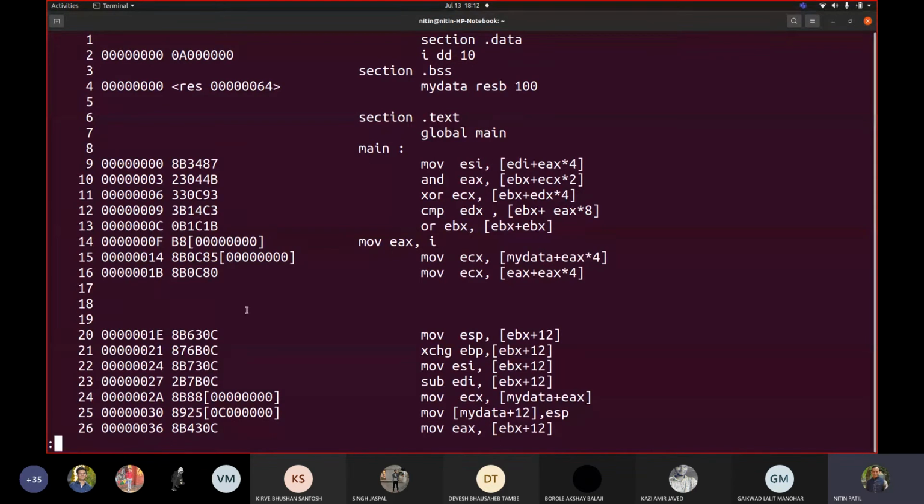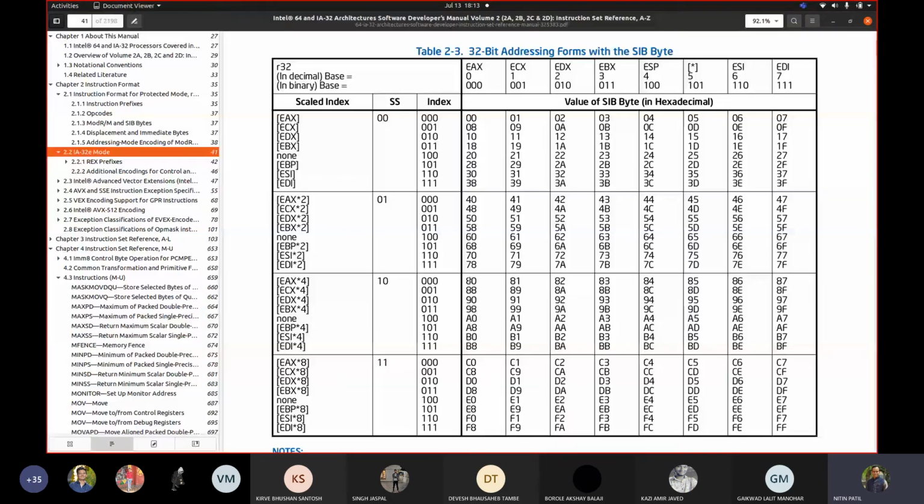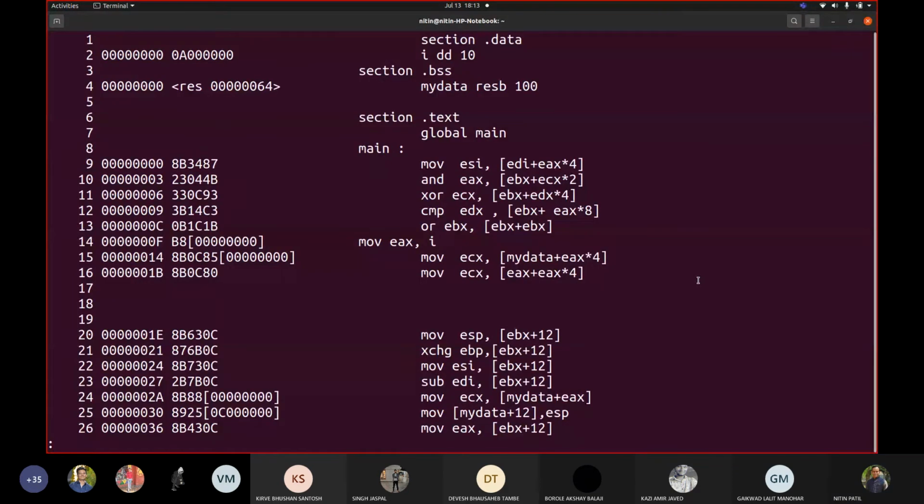Now you can see the C8 was shown here, na? Sorry, this is this one. So 0C is the same for both the cases because we had move ECX. What is changing is 85 and 80 because we have EX here. So if it is EX, this 80 came here. This is EX, this is EX. And when we add EX multiplied by 4 with some variable, then we got this 85. Correct? In the code. Got it?